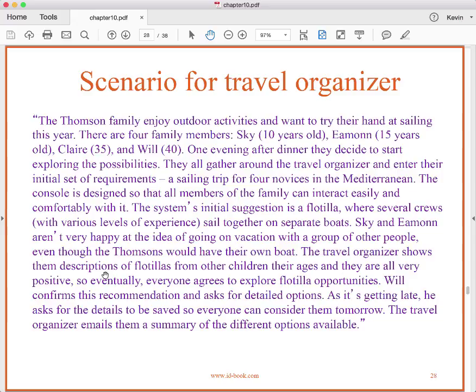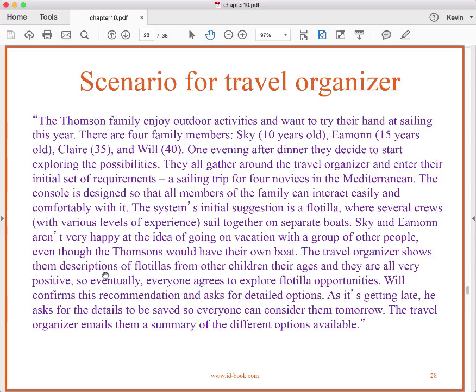So here's a scenario for the travel organizer, and I'm not going to read this for you, but as you can see, it has a lot of detail about the users. Okay, and so you could use this, for instance, to extract personas, right? In fact, this is kind of persona plus when you really think about it, because here we're